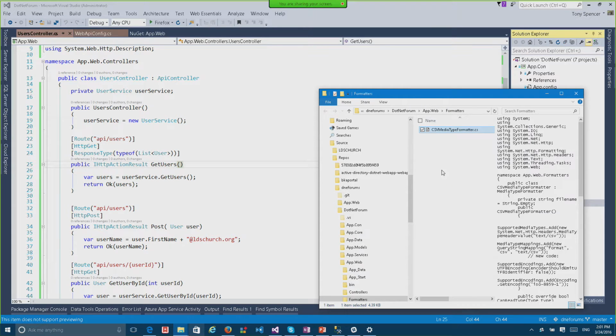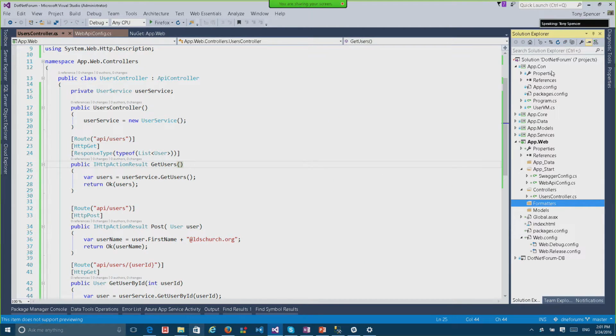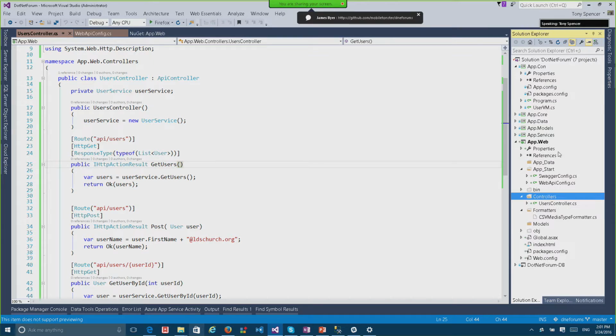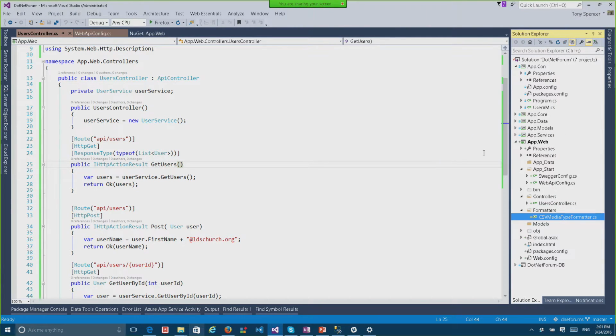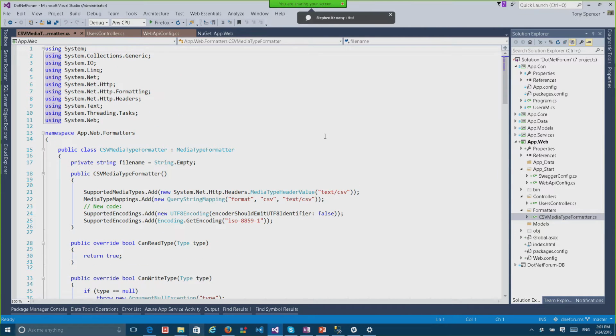Paste this in here. Go ahead and include that in the project. So if you look inside of here,